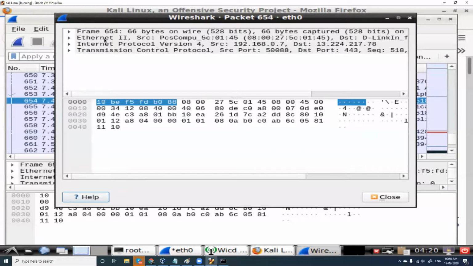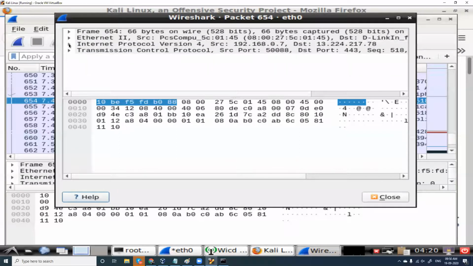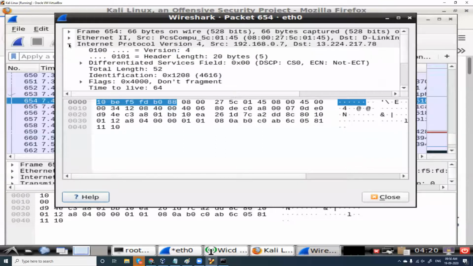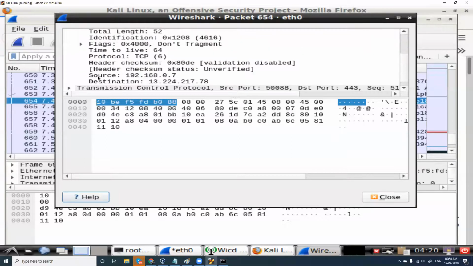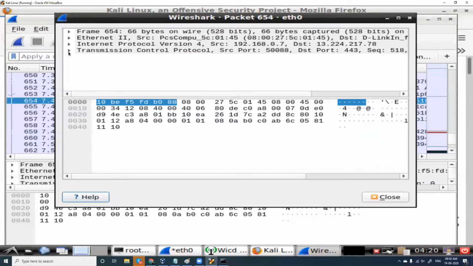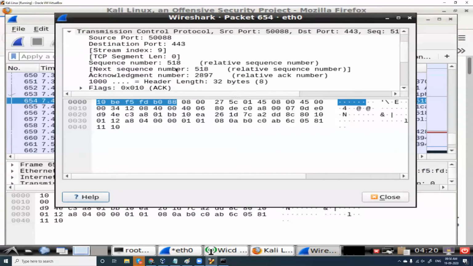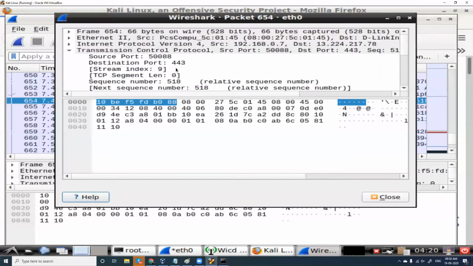Data link layer, yes, you have a switch, and switch memory, as we have discussed earlier, is the MAC address. So what is the source MAC address? What is the destination MAC address? Fine. And network layer, we have the router, and when it comes to the router, it is the IP address. So what is the source IP address and what is the destination IP address? Fine. And transport layer, we have port numbers: which port number is being used, and to which it is sent. We have a lot of information here.